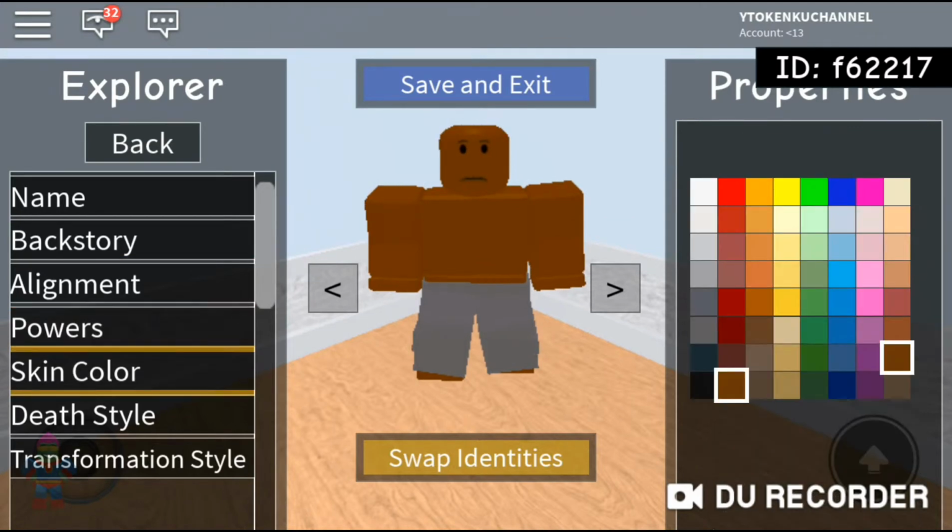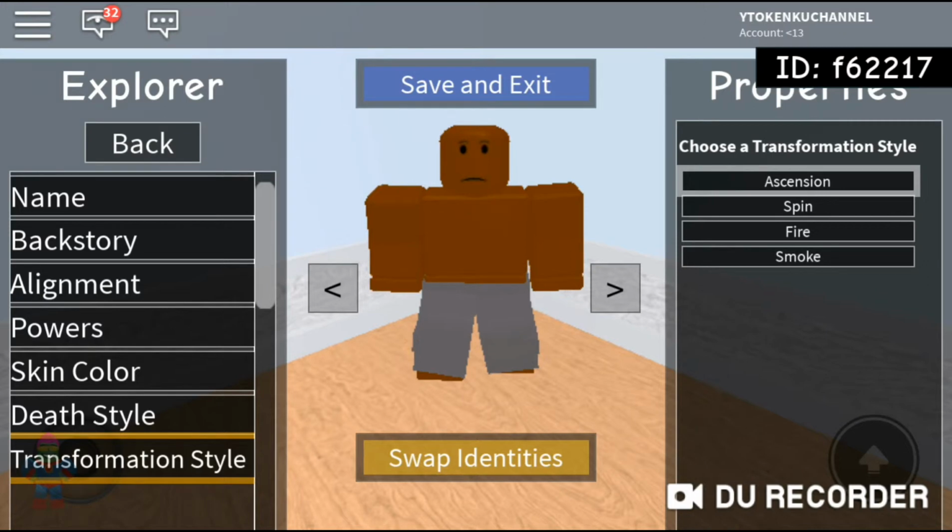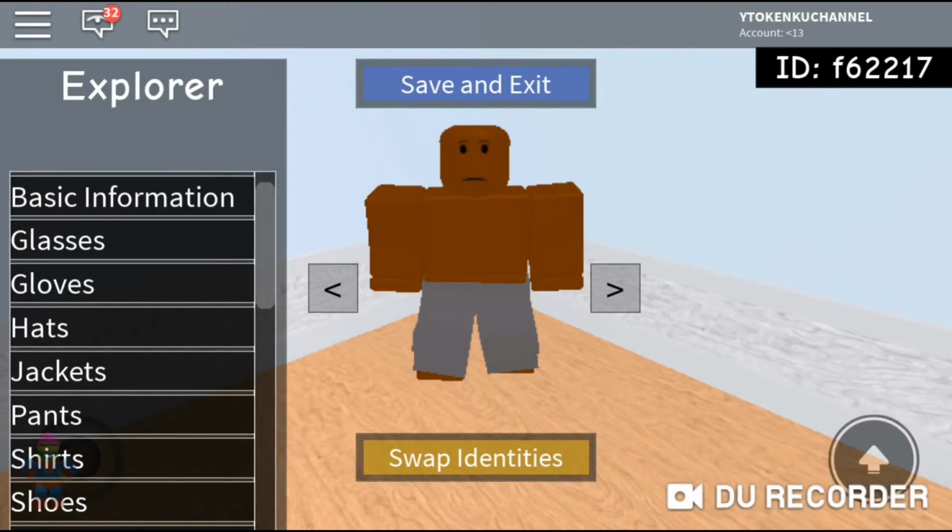Powers, the same. Skin color, it might change for you guys if you're replacing a character. So, you want to do this type of brown. Death style, you can choose. Transformation style should be the same. Should be ascension. I can't really pronounce it. Okay, so